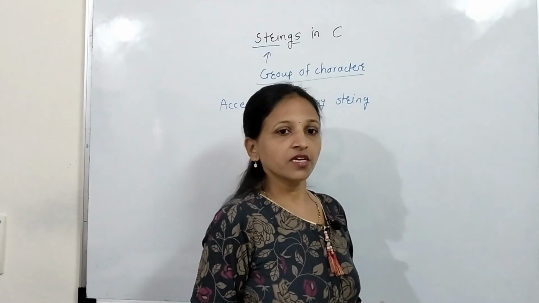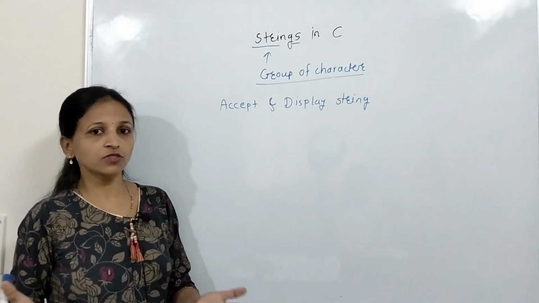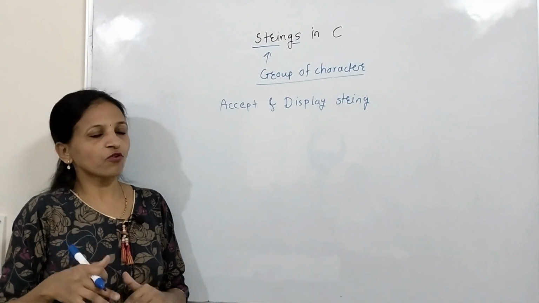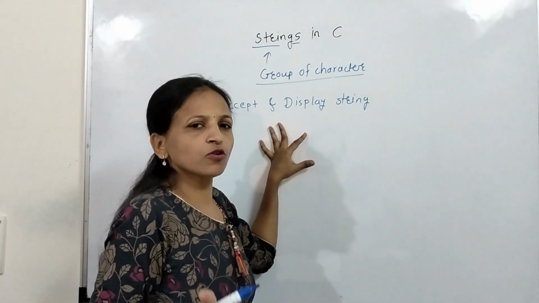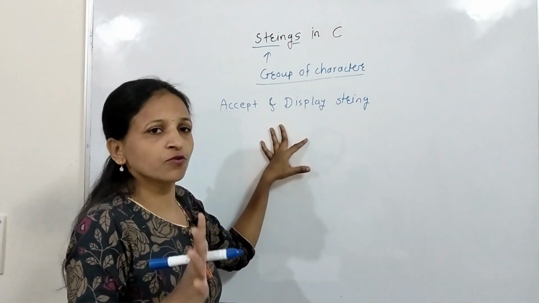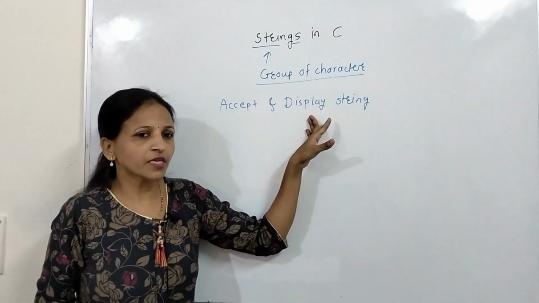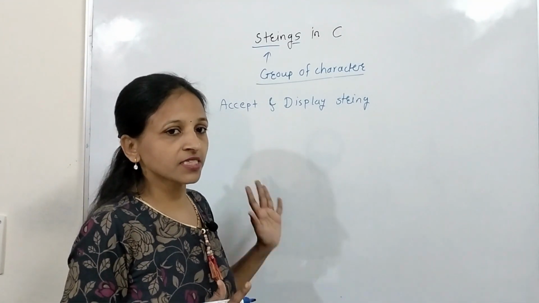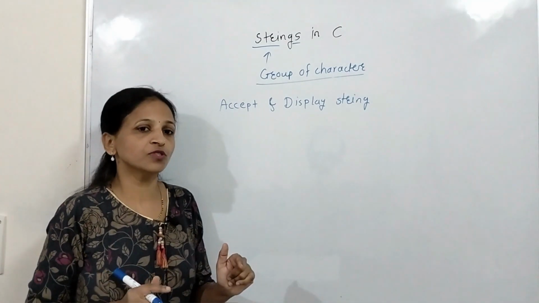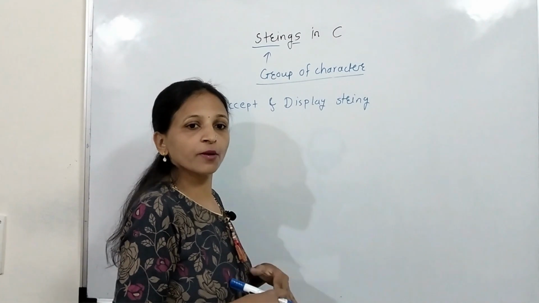We have seen if we want to accept something in C programming, then we use scanf. If we want to display something, then we use printf. Here if you want to accept any string from user, then you can also use that scanf. Again, if you want to display something, then we can use here printf, no problem will be there. And in that scanf and printf, we have to use format specifier, because that scanf and printf are formatted IO